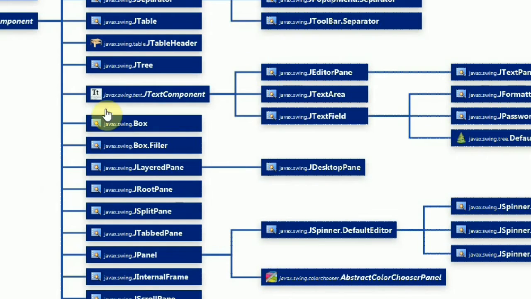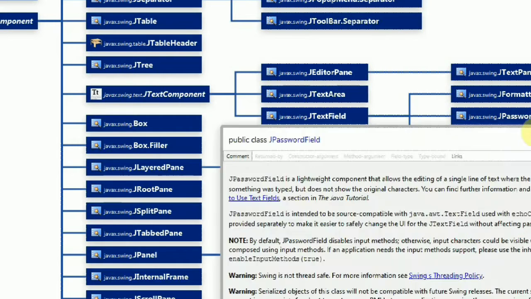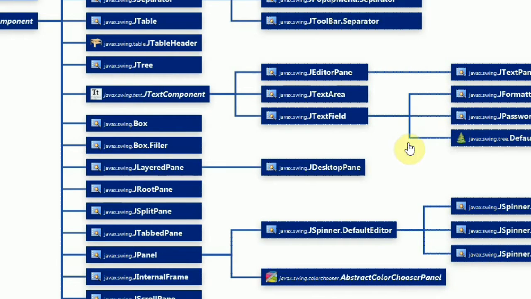Then you have JTextComponent. This JTextComponent has JTextField, and then there is another derived class which is JPasswordField. These are some of the components that I'm reading out, most commonly used in any GUI application, so I'm just taking those class names. Then you have this JPanel over here.